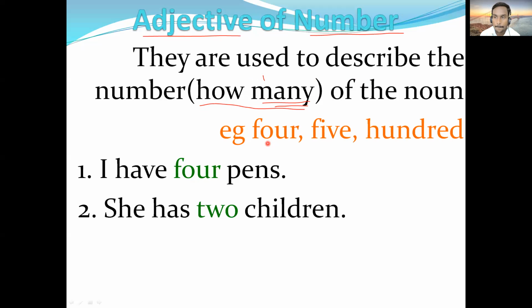No sir. Okay, fine. So four, we can say four pens, four students, four notebooks, four people, four whatever. You just think of four, and four can be anything. Any noun you can use with four. Same with five, with 100, and I already told you numbers are infinite, so you can count up to 100,000 crores also. For example, I have four pens. You can ask how many pens? Four pens. So four is an adjective of number, which is talking more about the pen. Pen is the noun. She has two children. So children is the noun, two is an adjective of number. Fine, good. Let's go to the next slide.